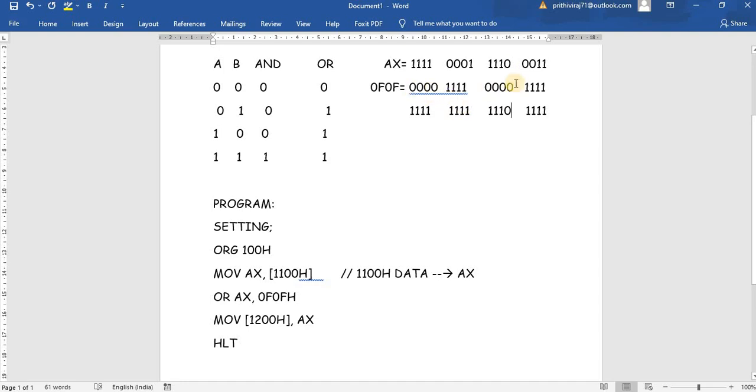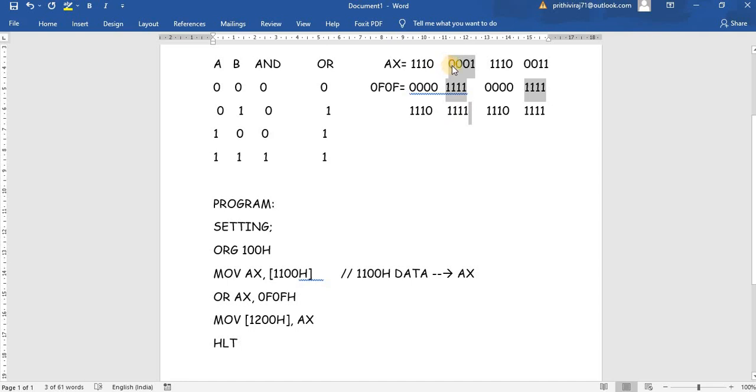Now the 0F. Suppose here I have given a 0, then the output will be 0 also here. But wherever we have 1, that place alone will be affected. You can see here I have 1111, so the output is also 1111, but the input is 0001.